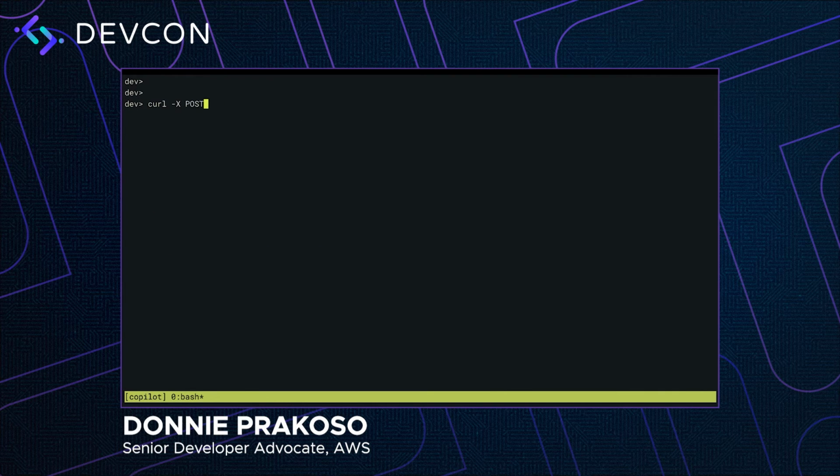This is a simple application that's going to convert markdown text to HTML. And if we do a simple curl command using the POST method along with the text variable, we're going to get the response in HTML. This is good, since this means our application is running properly in the test environment.